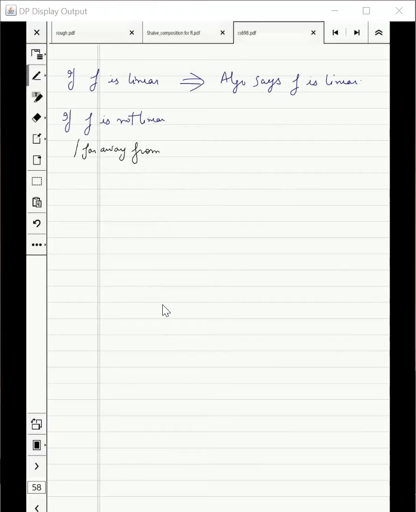Then what do we want to say? With high probability, the algorithm says non-linear, correct? What does this mean? Given the algorithm description, what does it mean? With high probability, the pair that we have chosen would disagree. And since I'm choosing it uniformly, I want to say that for